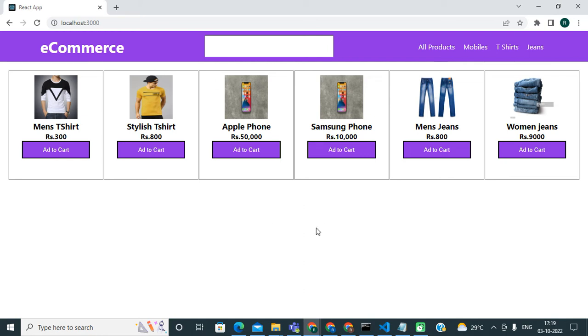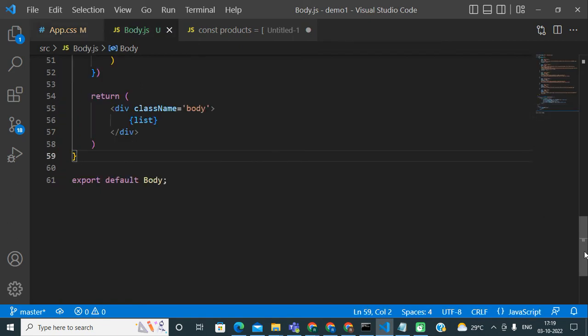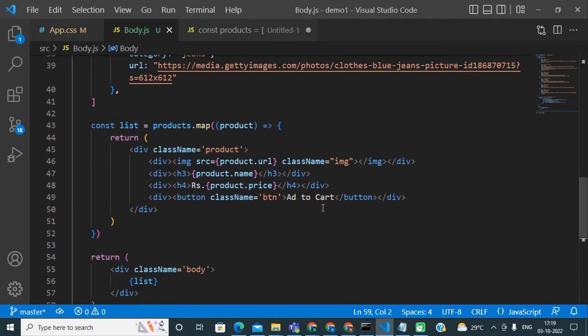Now let me just explain you the actual code. So what actually I have done. So friends, first what I did, I had just created a normal HTML, okay. I had just created a normal HTML to design one product item, okay, basically. And my one product item is basically holding product image, its name, its price, and one button, okay. I had just created this